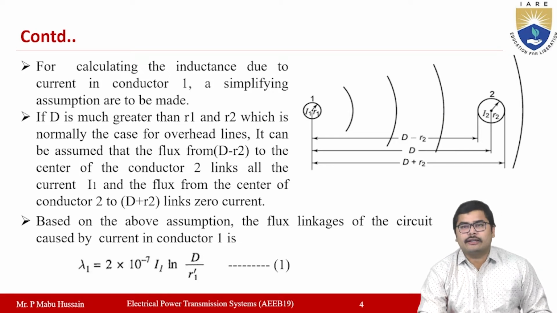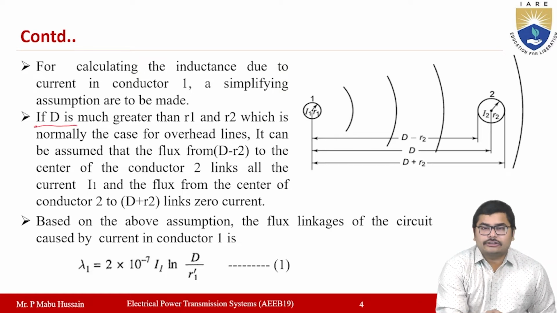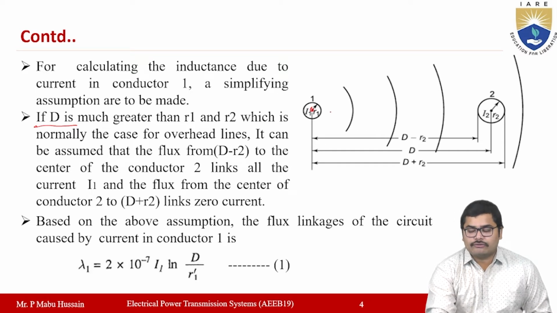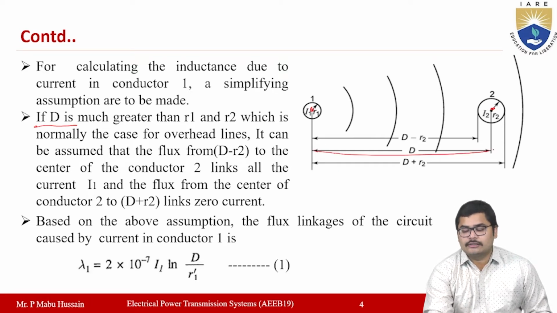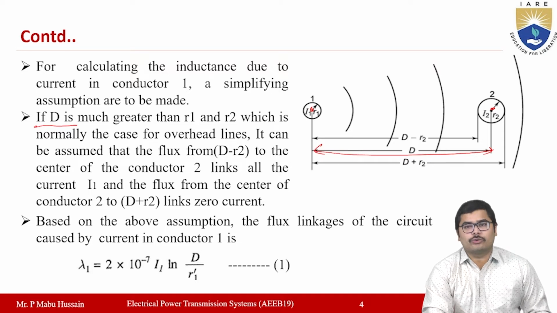Now you need to calculate the inductance for this transmission line system. For calculating the inductance due to current flowing in conductor 1 alone, you have to make some simplifying assumptions. The capital D here is the distance between the two conductors from center to center. Now, if this distance between the two conductors is much greater than the radius of conductor R1 and radius of conductor 2,